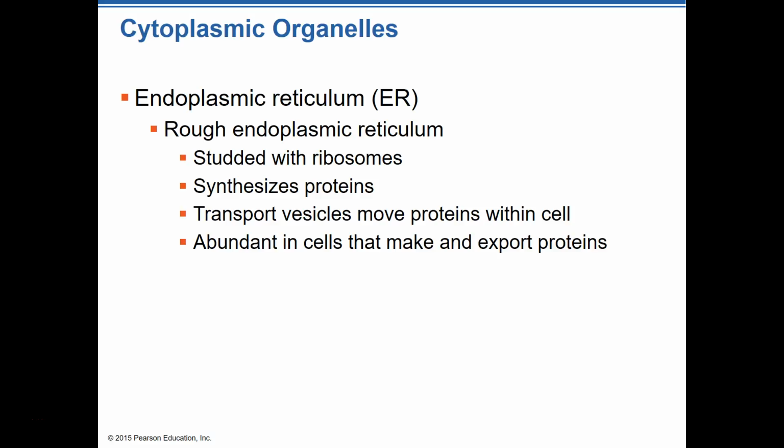Also, on the rough endoplasmic reticulum, where those ribosomes are present and creating proteins, there's usually something that happens in order to move the protein within the cell. So let's say that a cell creates a protein, but that protein is not going to be used by that cell. It's going to be used by some other cell within the body. Then that cell will create that protein, put it in a vesicle, or basically put a membrane around it, and transport it through the middle of that cell to the outside of the cell where it's kicked out into the tissues or the bloodstream or wherever, and that protein can go do the job that it was intended to do.